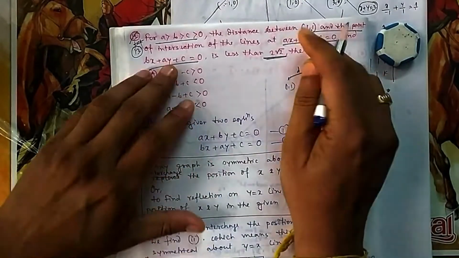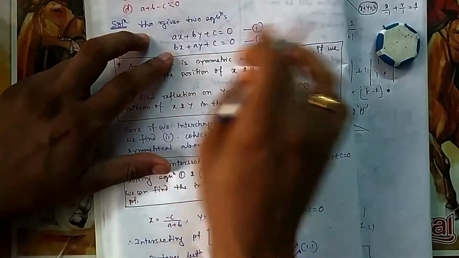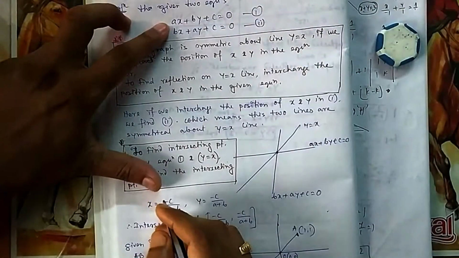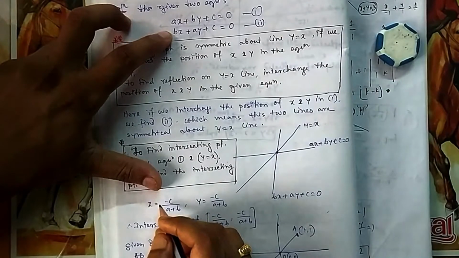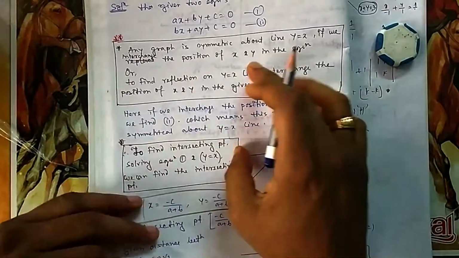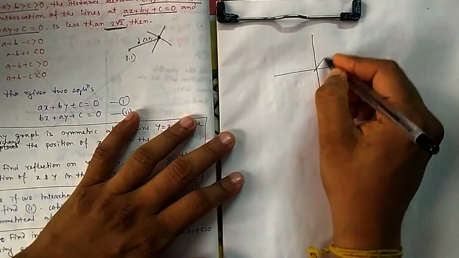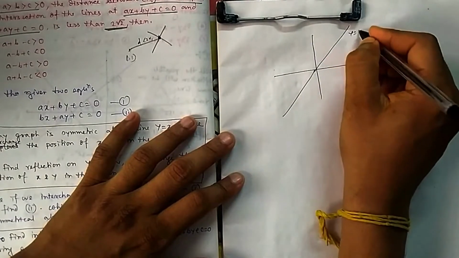So first you have to find the intersection point of these two lines. You can find this point using normal algebra: multiply this one by a, then multiply this one by a, then subtract, and you will find x and y. But I cannot resist giving you a good idea on how to solve this, because we will study this in the function chapter. So you see this y equal to x line. This is a very important line, y equal to x line.